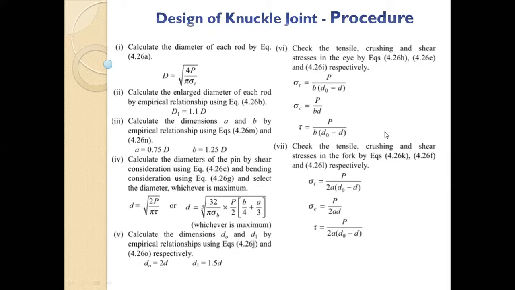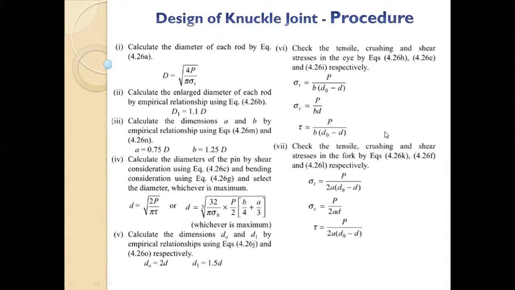So as the first step of your problem solving, we will try to find out sigma T, sigma C, and tau. Sigma T is basically whatever SYT you have got divided by factor of safety. Sigma C is same, and tau, the shear stress, is 0.5, half of sigma T, or 0.5 SYT upon factor of safety. So now as a first stage we know what is the load on your knuckle pin. We also know allowable stresses sigma T, sigma C, and tau shear stress, right? So now once we know these things, we can calculate these dimensions.